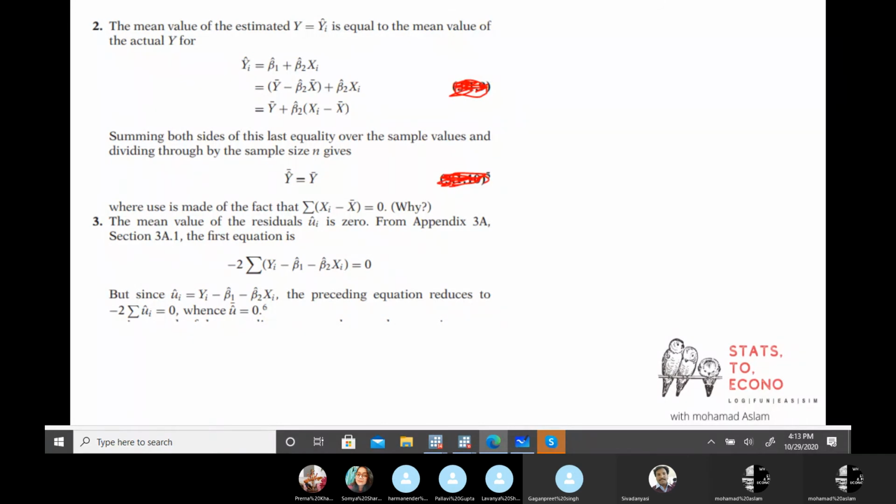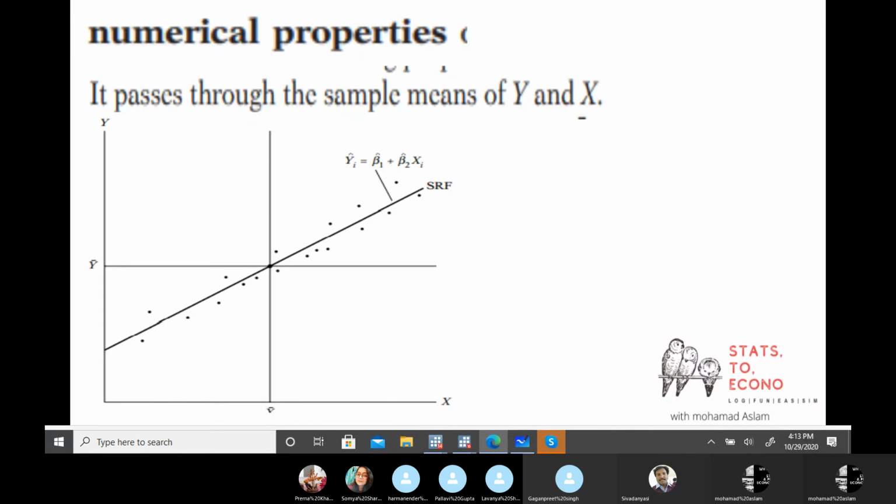Now, just imagine another scenario when it's not possible. Let's suppose the average of this regression line is somewhere here and the actual average of the dependent variable is here. So but that will be replicate.